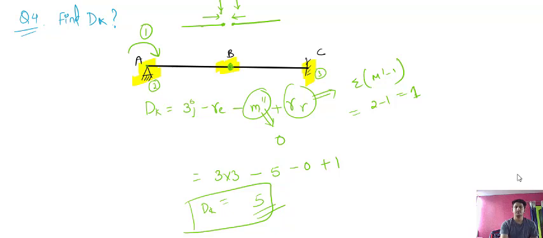Okay, so in that case the number of unrestrained displacements are 2 here and 2 here. Here there is nothing as it is fully restrained, as it is a fixed joint. So number of unrestrained displacements are 2 and 2 and 1, that is total is 5. So value of dk is 5. So directly if you want to check, you can check it like this. So this is how to calculate the value of kinematic indeterminacy in case of a beam.